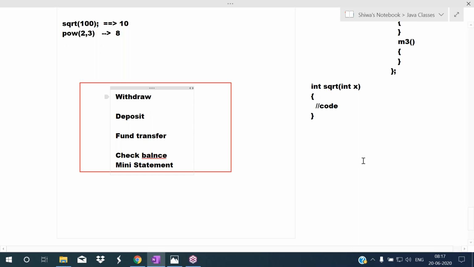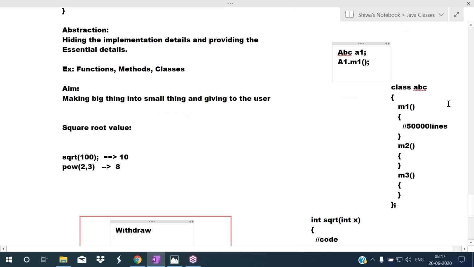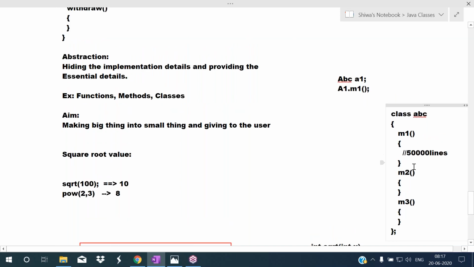When you define a class, to consume the class we must create the object, because a class is only a plan. You are creating this class only to create the object. With the help of the object, we can use the methods and members of the class. So when you define a class, internally the encapsulation feature is there, as well as the abstraction feature.